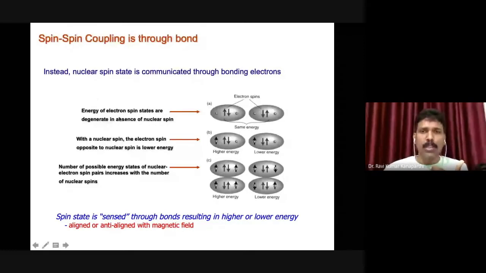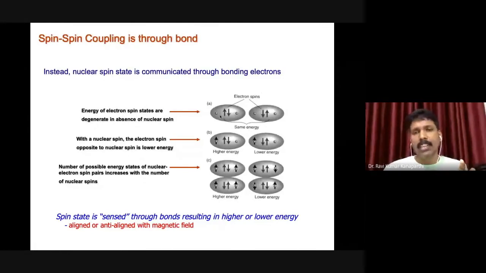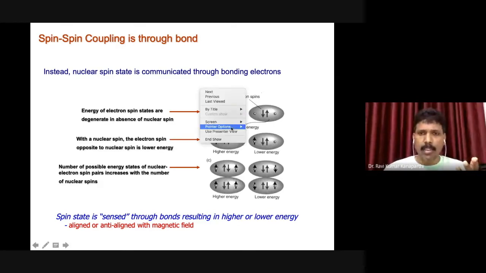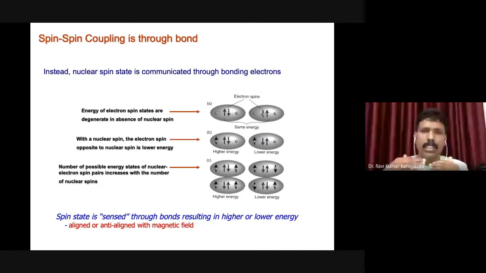In the normal situation, if a nucleus is not magnetically active, and the electron doesn't interact with the nucleus, it is quite obvious, right? The electron, we know, has spin, and if the nucleus has no spin, then definitely these spins will not interact. So the spin coupling is ruled out. That means we don't see the fine structure in those situations.